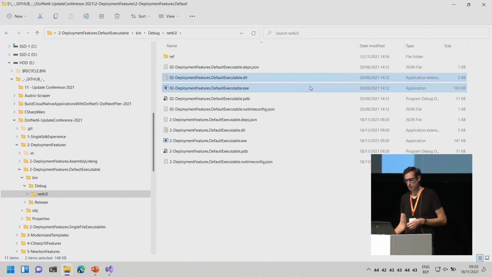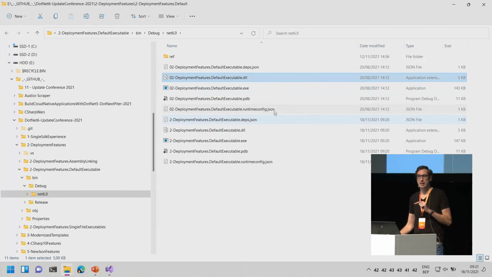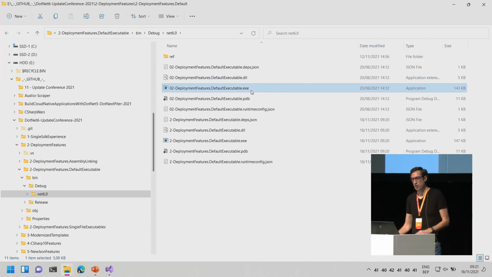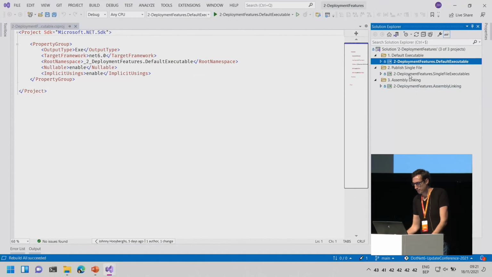And then the executable file is actually a wrapper. It's a native wrapper that starts up the .NET runtime and then loads in your DLL. So when you are creating a console application or a WinForms application, there's always going to be that DLL, and that DLL will contain all of your intermediate language managed code. So be very careful with that. If somebody asks you to write a very quick console application, not only give them the executable, but also give them the DLL that comes with that. So this is a very important change from .NET Framework. In .NET Framework, you only had the executable. Now you always have the two. So very important for you to remember.